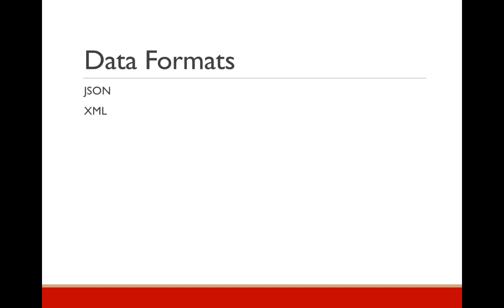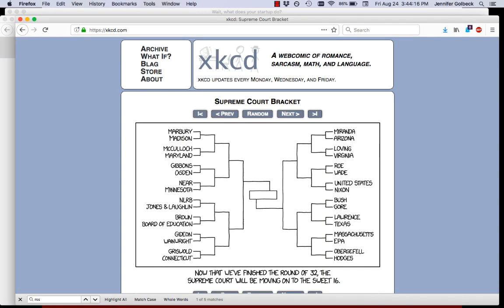XML uses tags like HTML does, which you've probably run into. It takes up a little bit more space than JSON because you have start and end tags, and of course there's all the little brackets in there, so it's a little bit hard to read, but it's really common to see. So if we flip back to my browser here, close out our JSON,